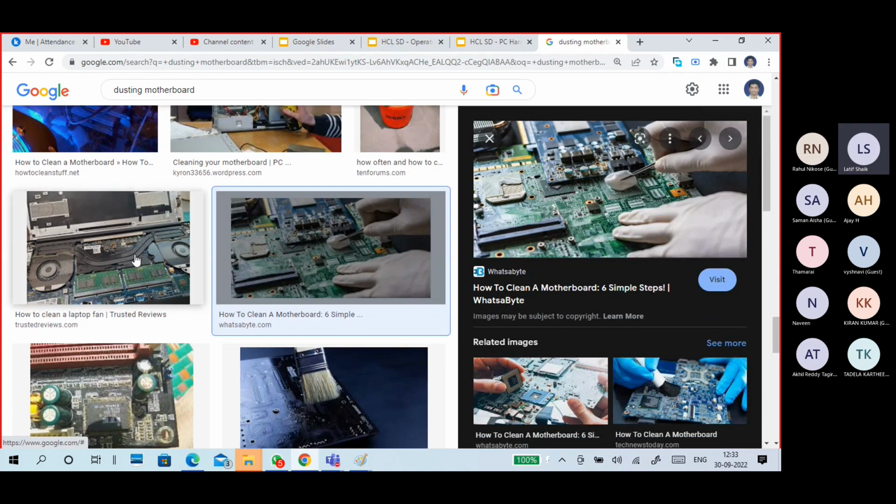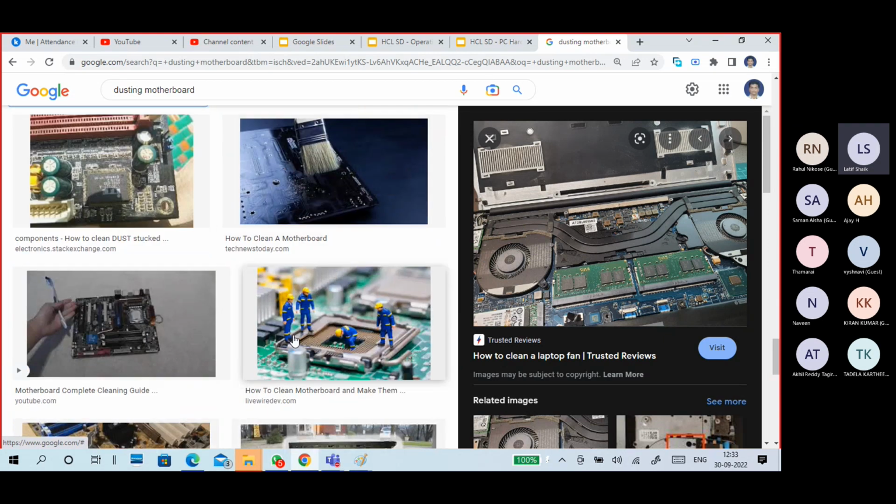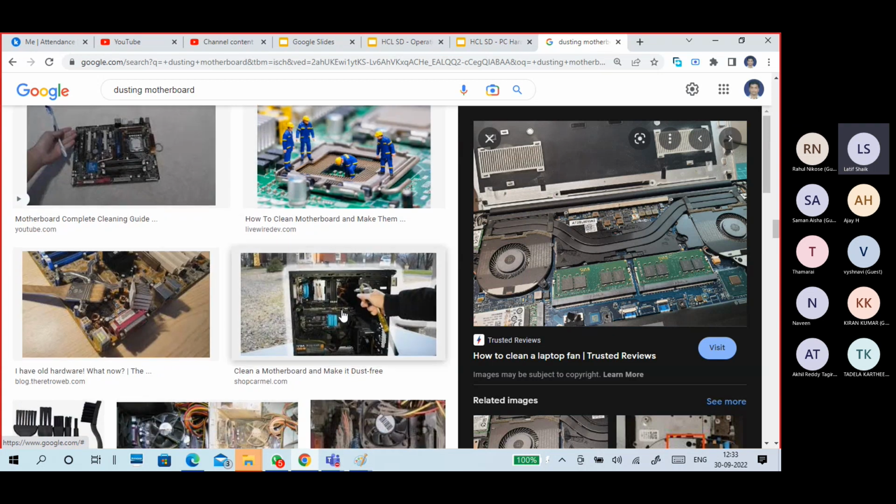Okay, so this is the laptop internal. These are the heat sinks. The processor is here and the heat sink is here, the heat sink and fan assembly. This is a heat sink, but the heat will be transferred to this fan assembly. So remove the component and reinsert the component. Problem solved. Still, if the problem is there,